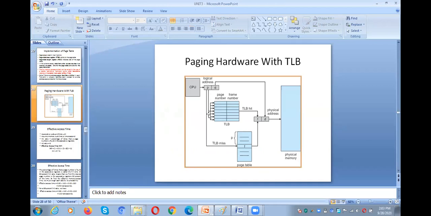So this page number will be the index to the TLB. If it is available in the TLB, that means in the cache, it is called a cache hit. We need not go to the page table for memory access. We need not access the main memory for the page table. Directly we can get the frame number from the cache itself, so that we can avoid the one memory access.